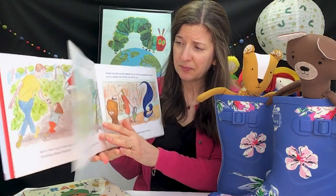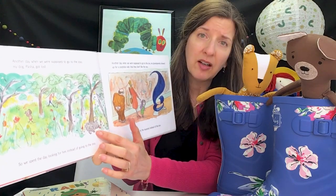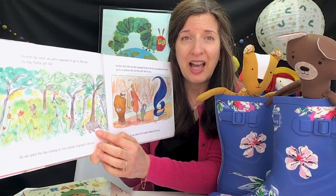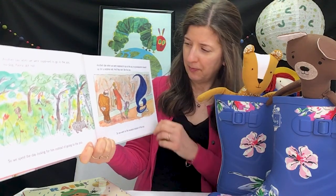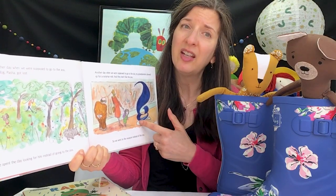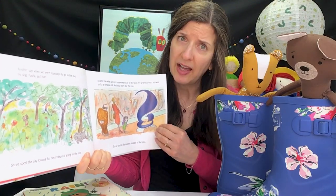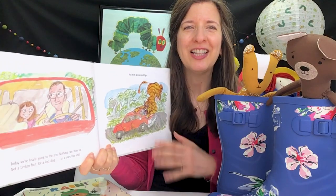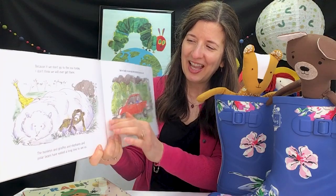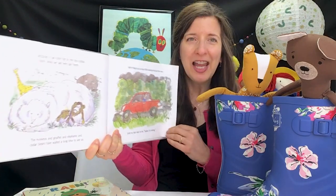So that wasn't good. And then there was the day that their dog got lost and they spent all day looking for the dog, who seemed to enjoy his day out, but that meant they couldn't go to the zoo. And then there was the day that Sadie's grandparents paid a surprise visit, and they don't really like the zoo, so they went to the museum instead. So no zoo that day. But today they are finally getting to go, and they're going to see all the animals like the tigers and the polar bears and the giraffes and the elephants and the monkeys, and it's going to be so great until